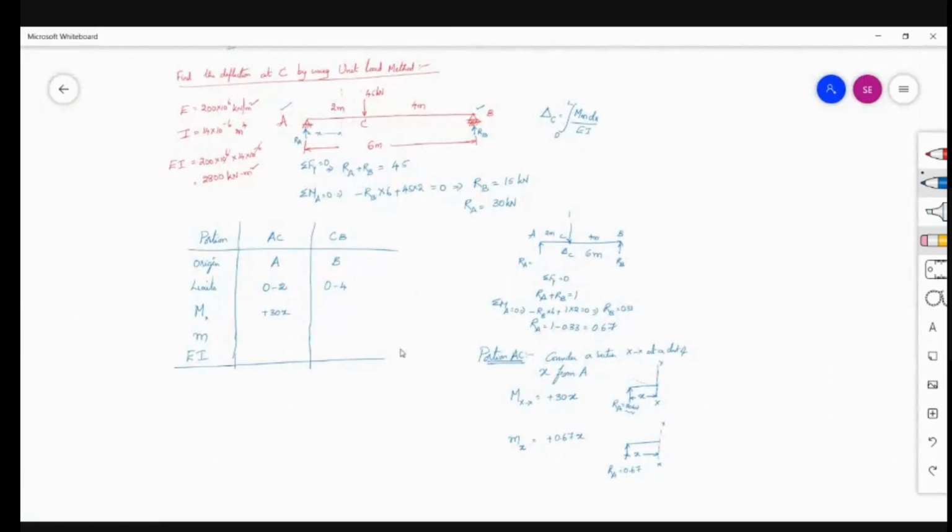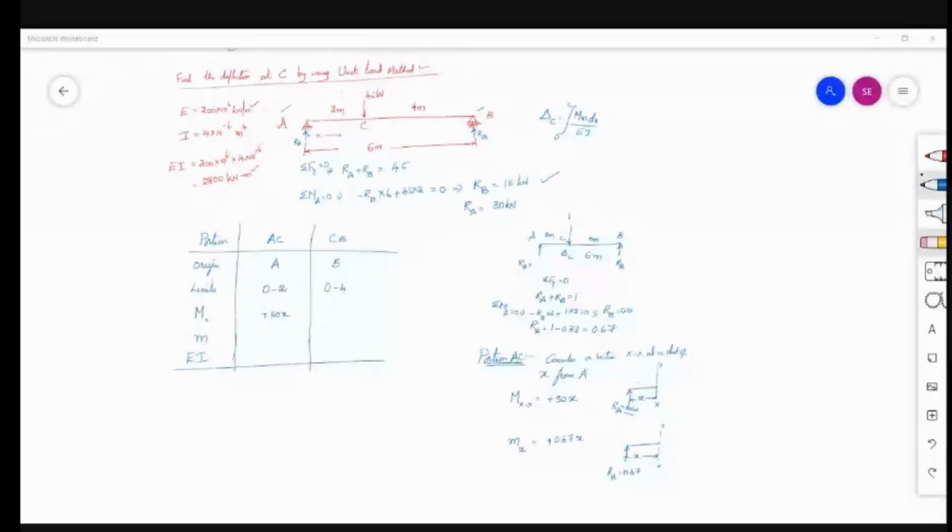So just let me explain it once again. To get the deflection under the point load of 45 kilonewtons, the first step is to calculate the reactions for the external load system. After getting the reactions for the external load system, replace the external load system with a unit load and once again